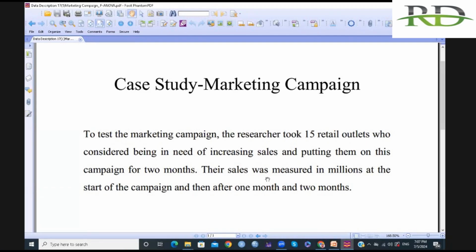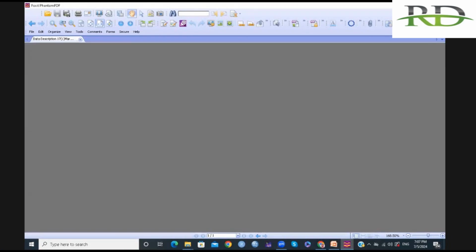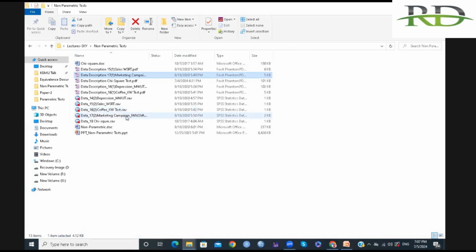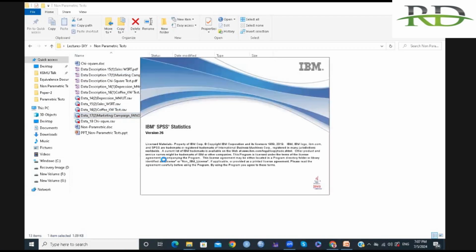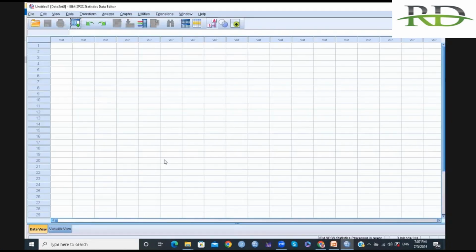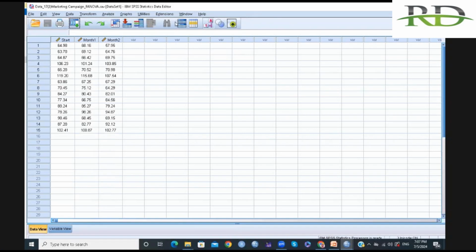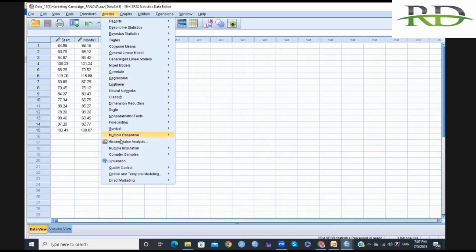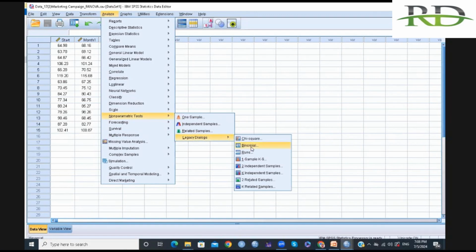Their sales were measured in millions at the start of the campaign, and then after 1 month, 2 months, 3 months, this way. We have repeated observations more than twice. Here you can check the normality in the same fashion. I'm skipping that. Then you just go to Analyze, then Non-parametric Tests, Legacy Dialogs, and there you will see